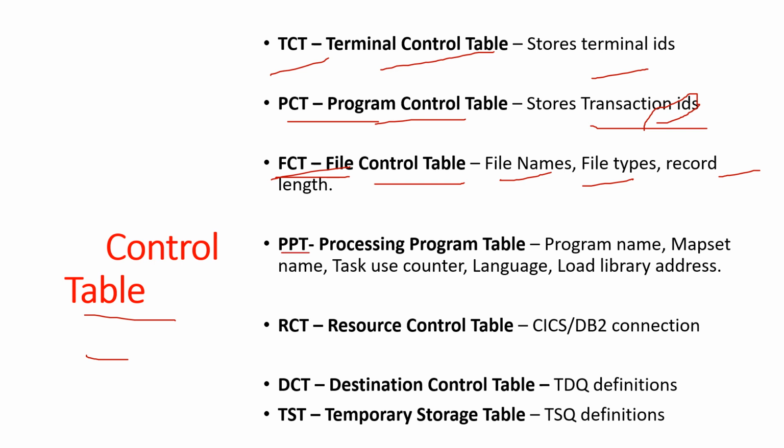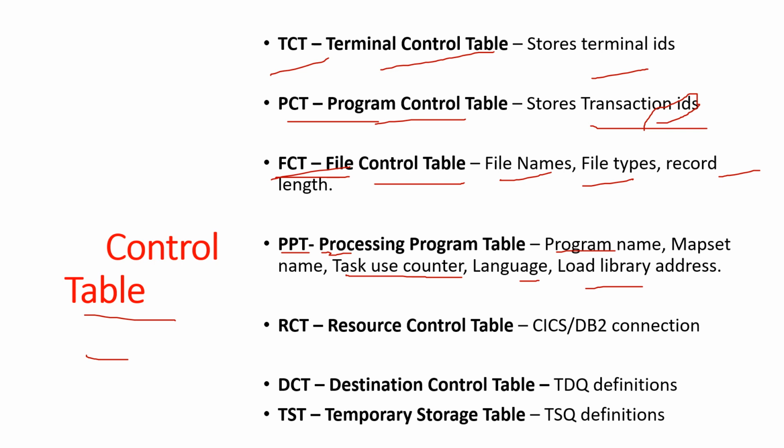Next one is the PPT. PPT is the Processing Program Table. PPT contains program names, map set names, task use counter, language, load library address and so on. The program or map set name is unique in the PPT, and CICS receives the transaction and a corresponding program name